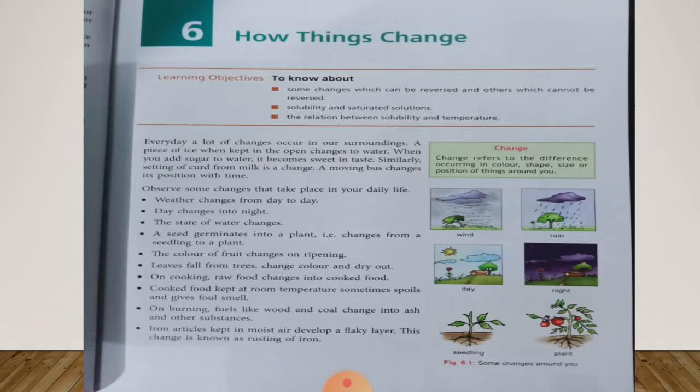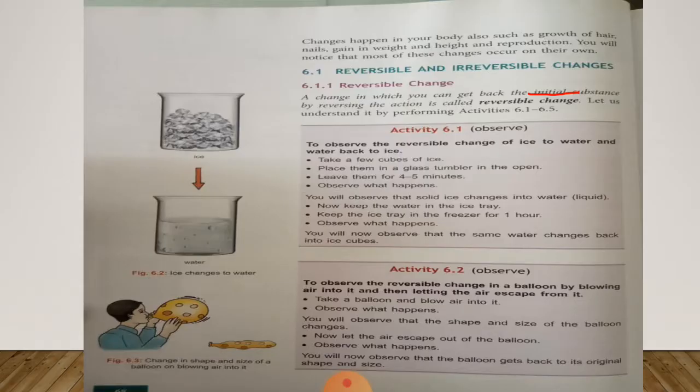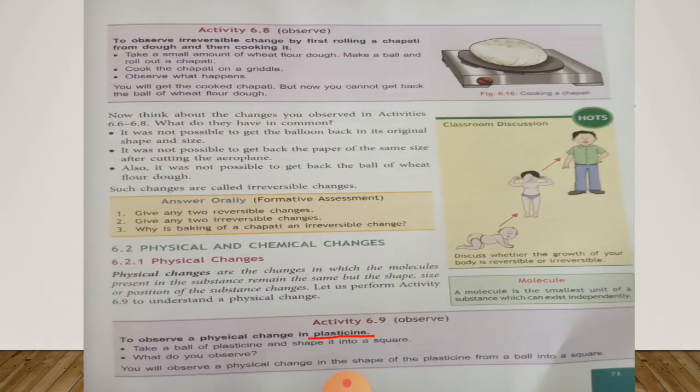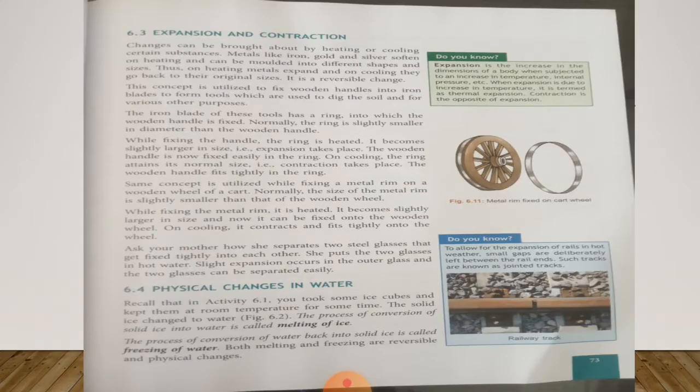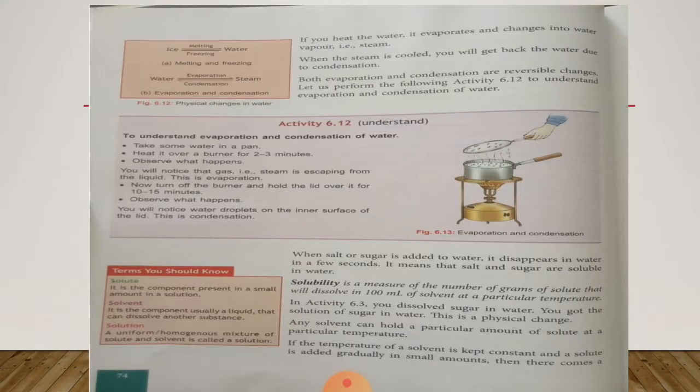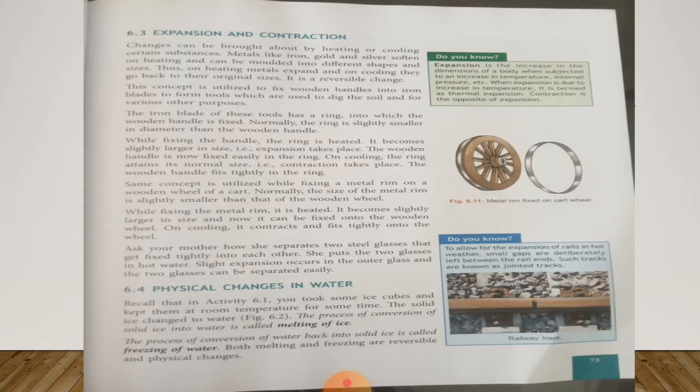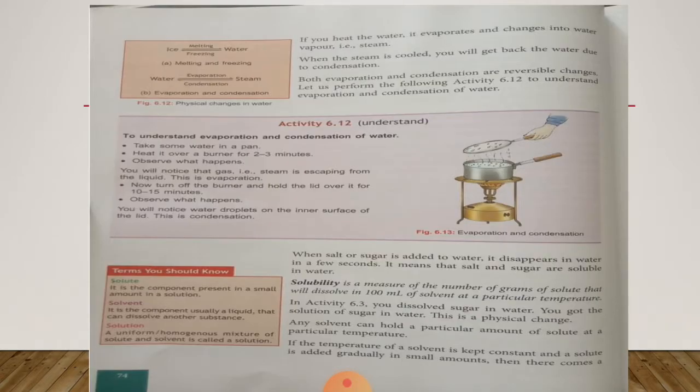In this chapter we have seen some examples of changes, reversible and irreversible changes, physical and chemical changes. We have understood about expansion and contraction and physical changes in water. So we have learnt some part of physical changes in water in the previous class, and now in this class